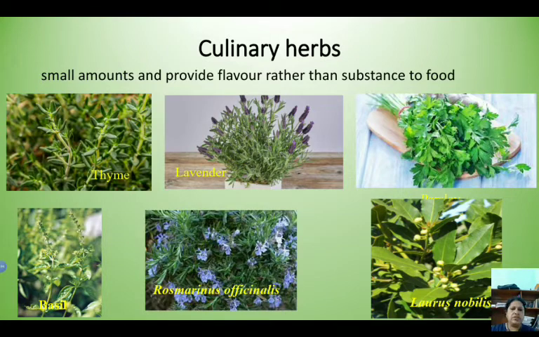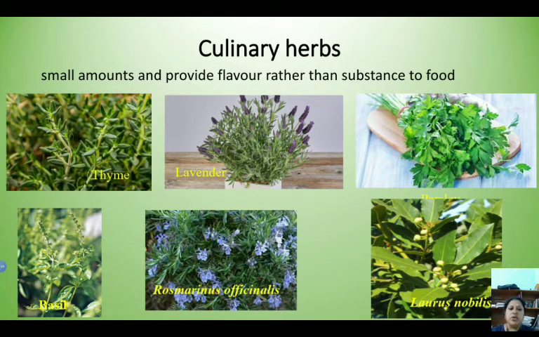Mostly thyme and lavender are annual plants. Annual means they complete their life cycle within a very short time. And it can also be taken as perennial, because if you take one small part of the plant and place it in another pot, it grows just the same. So it can be considered even under the perennial group of plants. And next you can see basil. Basil comes under biennials, and Rosmarinus officinalis and